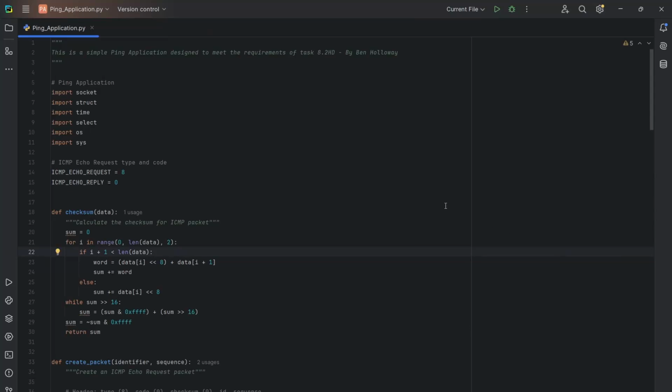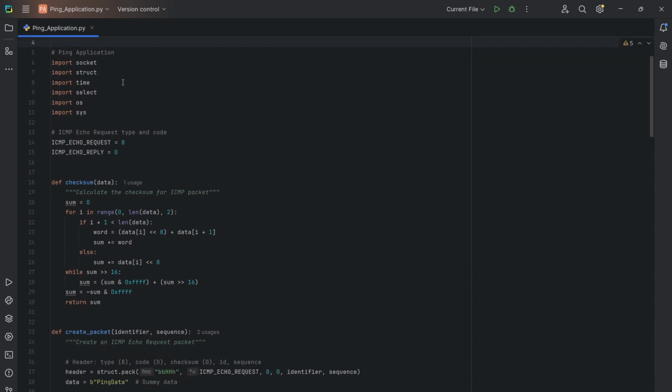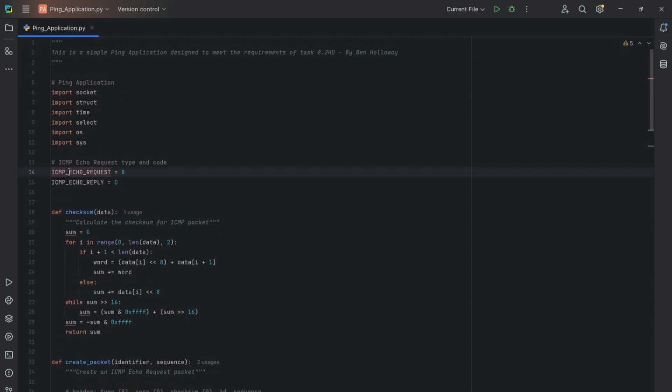Hello, my name is Ben, and today I'm demonstrating my Python-based ping application for SRT-202, the high distinction task. This program implements a custom ping utility using ICMP echo requests built from scratch without relying on system ping commands. I'll run the program, show its output, and explain the key parts of the code to demonstrate how it meets